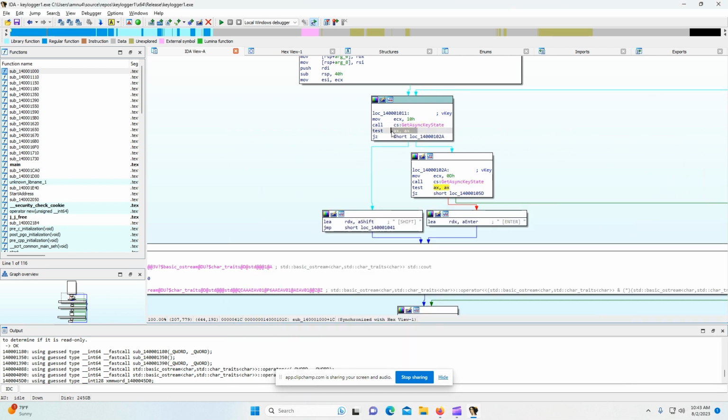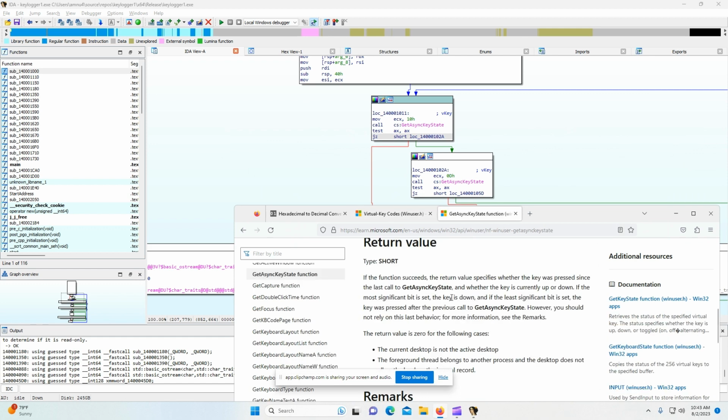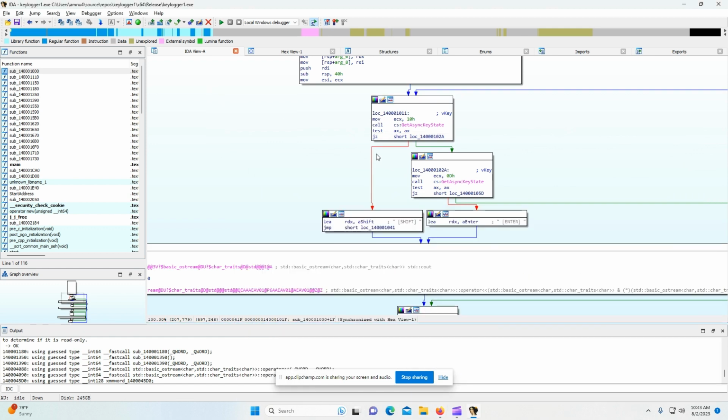So when it tests AX and it says jump if zero, that means the zero flag is 0 because it's not pressed. Because GetAsyncKeyState returns 1 if it is pressed. So if it isn't pressed, it moves down to our next instruction, and I'll get to that in a second. But if it's not jump if zero,